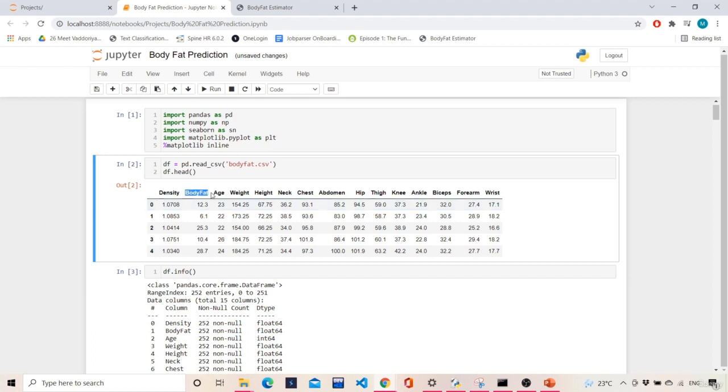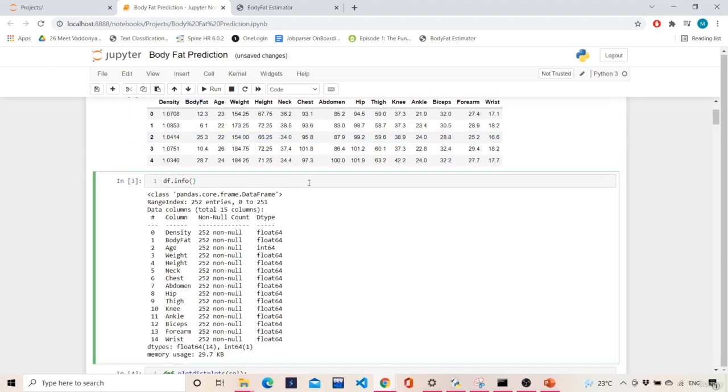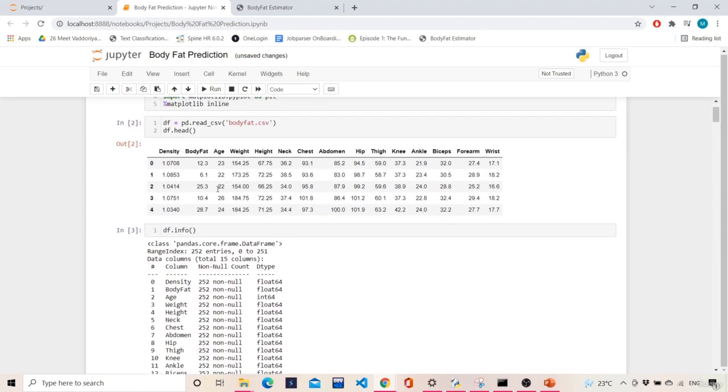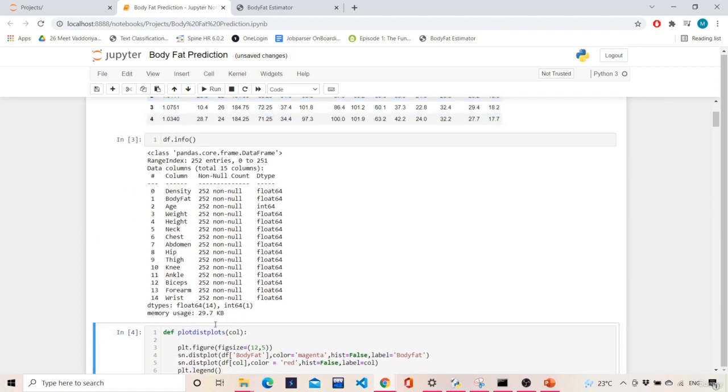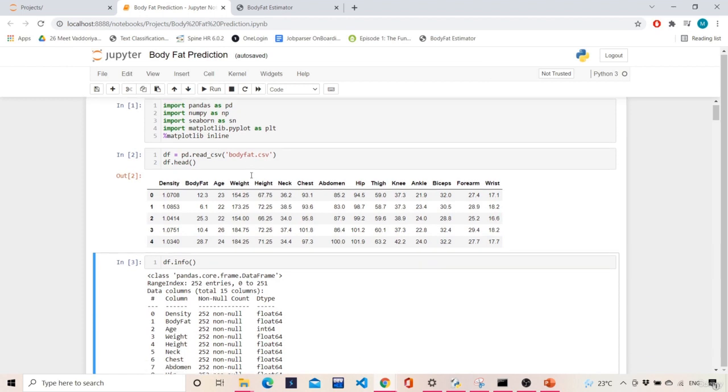Body fat is our main goal, and all the other features are the dependent features. Our independent feature is body fat, and all features are dependent. So let's look at the info. There are no null values inside this data frame, so it's clean, and there are 252 rows in this data frame. It's a small data frame with no categorical variables and no null values, so it's going to